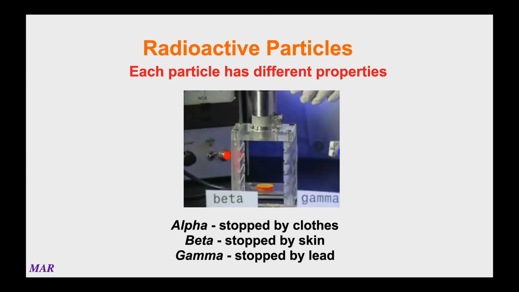Distance is another factor, too. If someone was to point one of these radioactive sources at me, intentionally or unintentionally, sometimes the best thing to do literally is just run, because the farther you run, the more chance the radiation has to interact with something in the air or a wall or whatever, and is more likely to be stopped. So anyway, it's pretty interesting. We'll talk more about Geiger counters later on, but you can see there are different kinds of radiation, and depending on what kind of radiation you have, there's different ways to stop it.